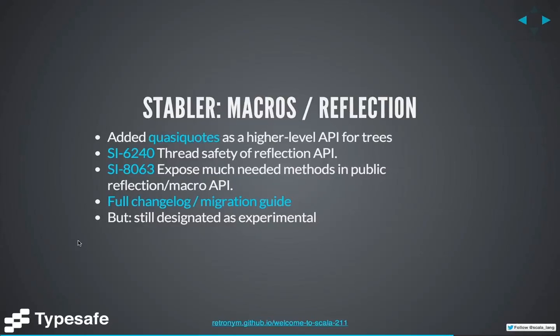I've got a link here to the full changelog and a migration guide. And because this is an experimental module, we don't guarantee full source compatibility from one release to the next. But every effort has been made, as you'll see in the migration guide,